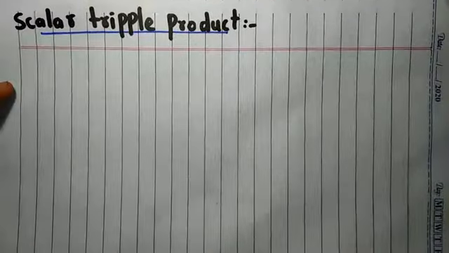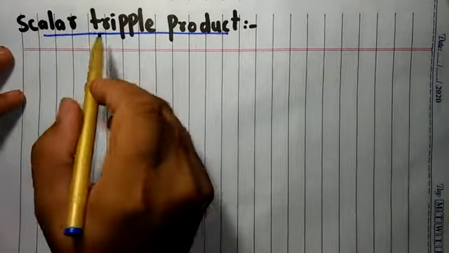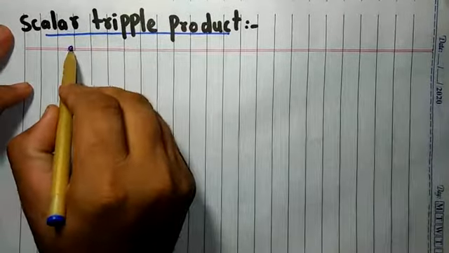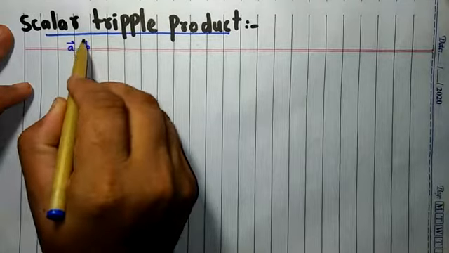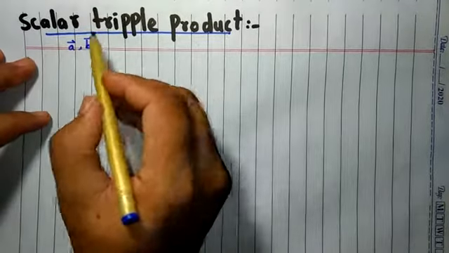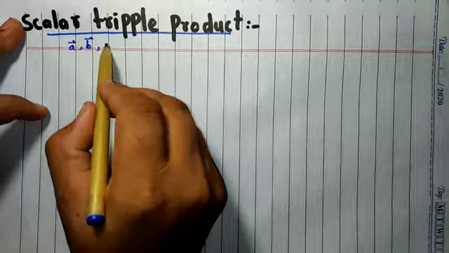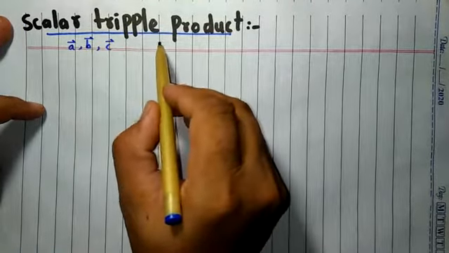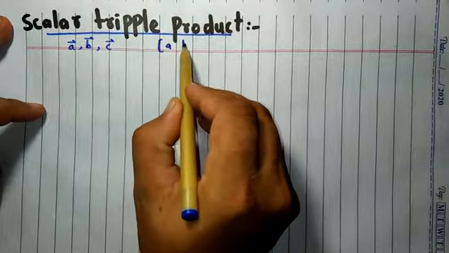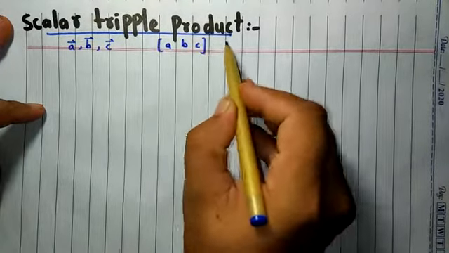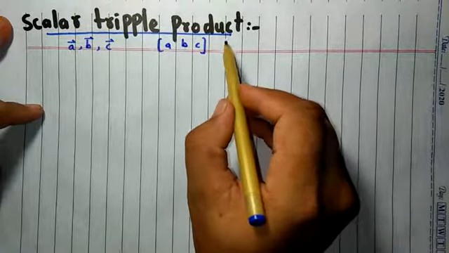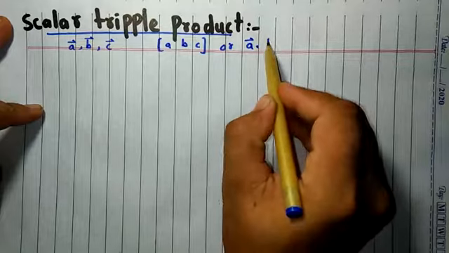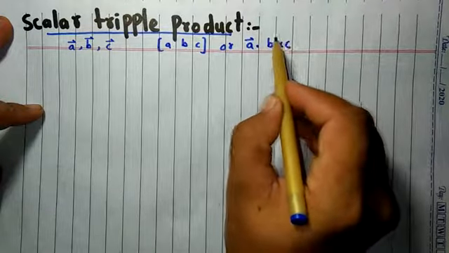आज का जो हमारा टॉपिक है वो क्या है, स्केलर ट्रिपल प्रोडक्ट। तो इसमें ट्रिपल के नेम से भी शो है कि हमारे पास थ्री वेक्टर्स होंगे। If we take A, B and C as a vector, then their scalar triple product will be defined as [A, B, C], or we can write this as A dot B cross C.